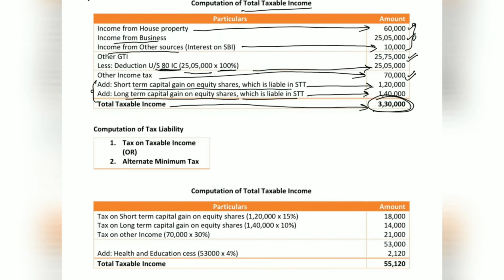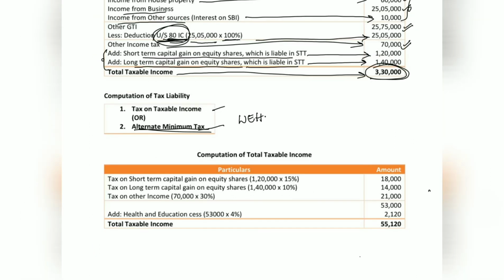Before we calculate the tax liability, we should consider the total taxable income as per IT rules or alternate minimum tax, whichever is higher. Since the firm has claimed deduction under section 80IC, we also have to calculate alternate minimum tax. So now let's calculate the tax on total taxable income. First of all, we will consider casual income, but we do not have any casual income in the problem, so we have not considered it.